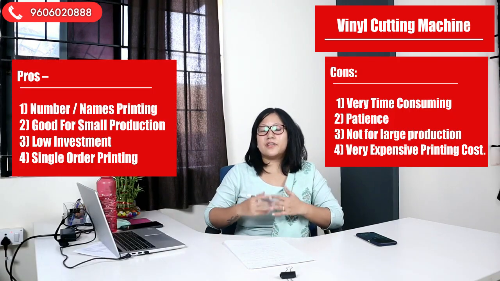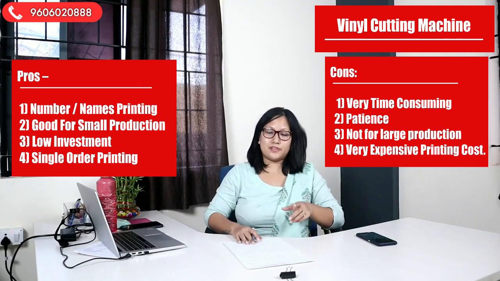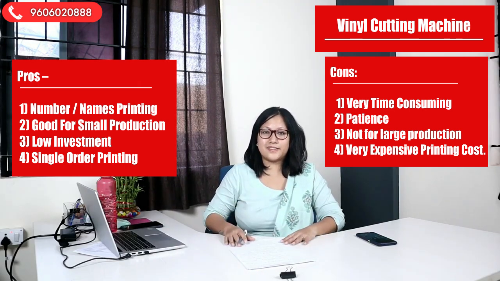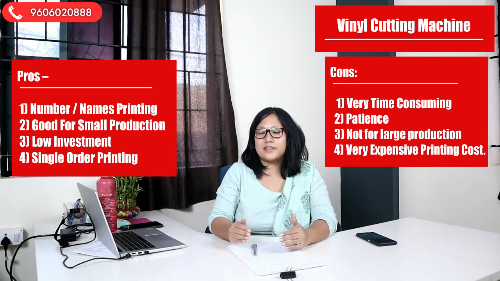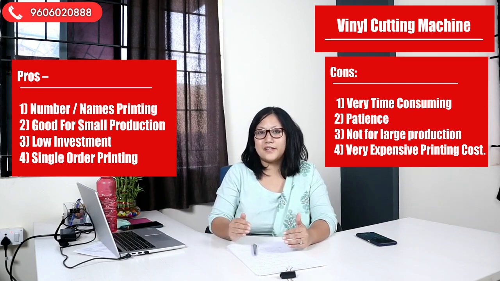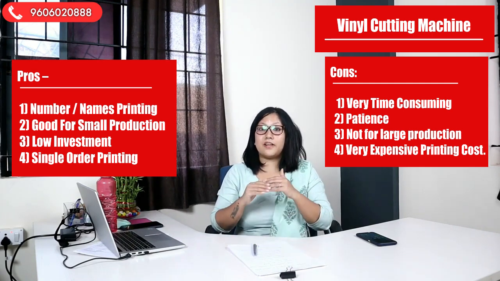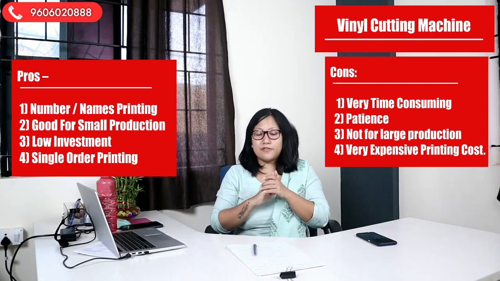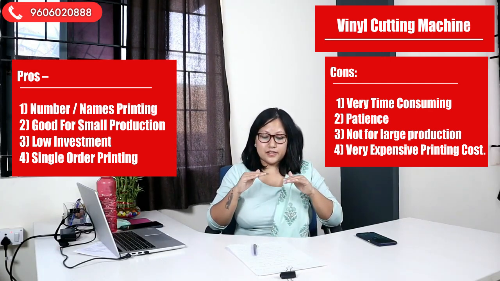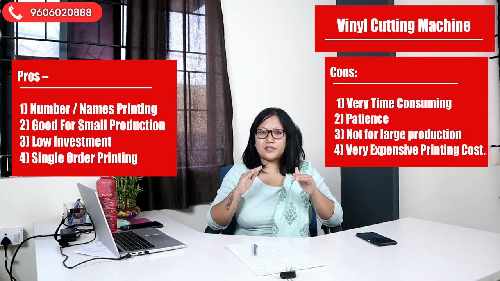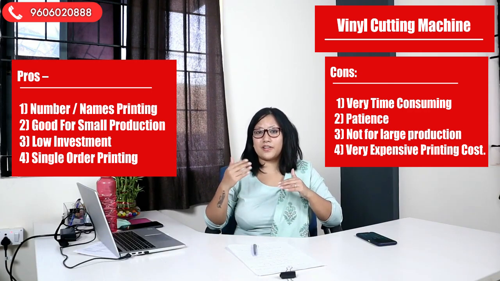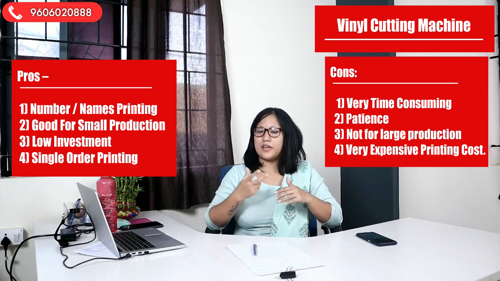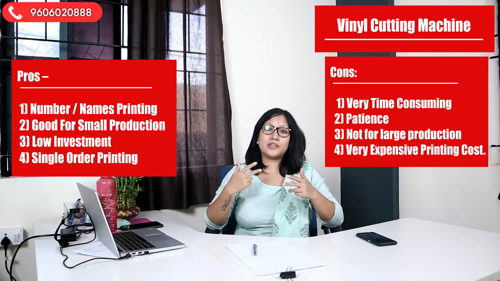I am telling you many times that heat press is always necessary, so here also heat press is required. Let's come to the advantages and disadvantages of the vinyl process. First, the advantages. You can do a single print, and that is very good for single pieces and for numbering purposes. Suppose you are manufacturing a jersey t-shirt, or printing for a football team or a cricket team, there the names and numbers will be there, name and number together.